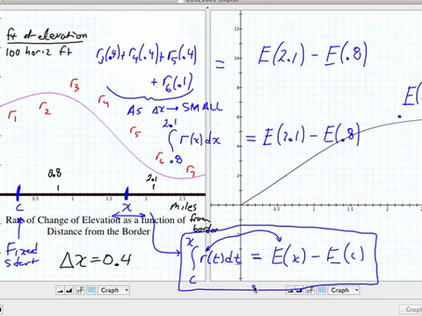Okay, how about this, Andrew in the back? What's the relationship between those two functions, E and r? The derivative of E is r. He's saying the derivative of E would be r. Do you agree with that? Why? So what kind of function is E and what kind of function is r, such that r is the derivative of E? E is an accumulation function